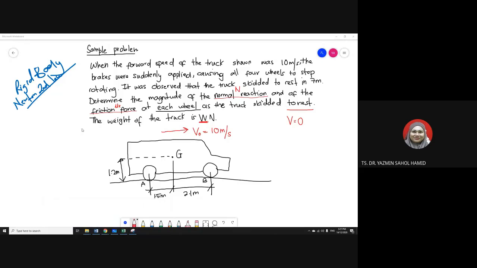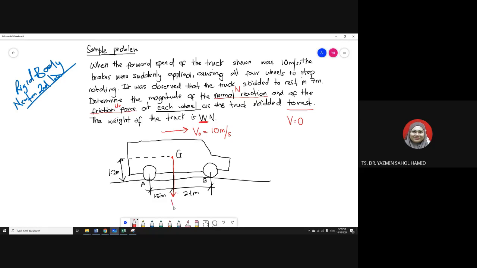Yes, at point G. For this question, it tells us that whatever the weight, it must be at the center. Sometimes I've noticed when you do your assignment, test or exam, the way you draw the weight is wrong. It must always be at the center. So when you draw the weight pointing downwards, please draw it exactly at the center of the object. So the weight is here, pointing downwards,